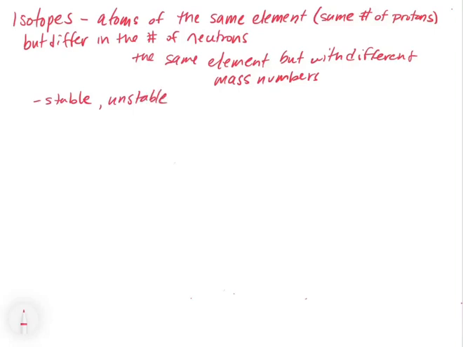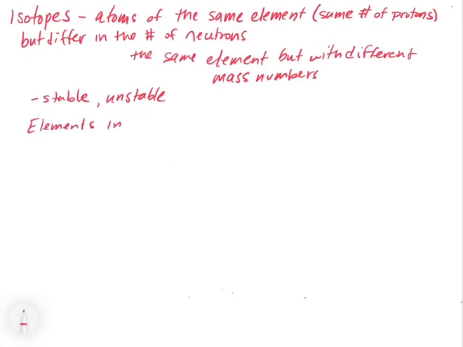A stable isotope is exactly that, meaning in nature you can have this isotope and it'll last for an extended period of time. Even some unstable isotopes will have half-lives of millions of years, so they'll be around for very, very long periods of time. But a stable isotope can exist without any kind of radioactive breakdown or decay. Whereas an unstable isotope, even if it takes a very long time, will inevitably break down into something else. So when we look at elements in nature,